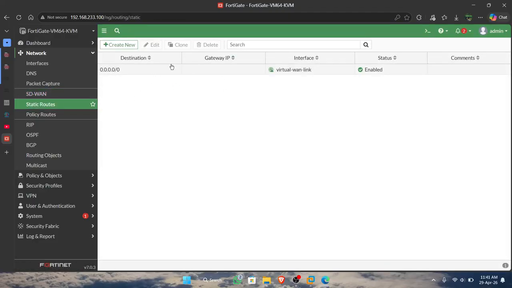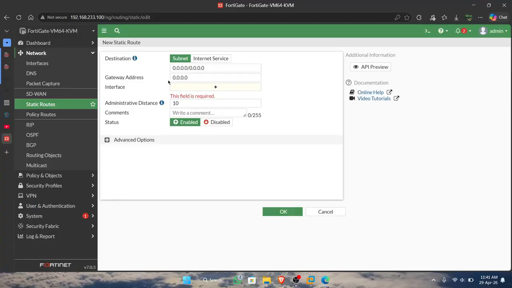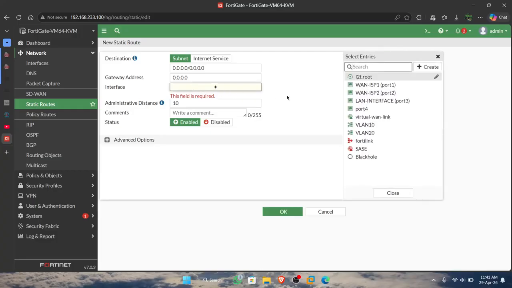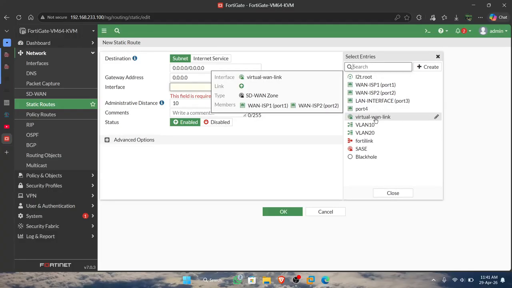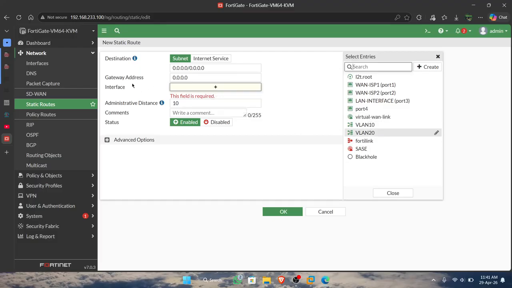Again, if we check the static route, I have configured it. If you want to configure it, you just add the interface, entering this virtual link in the interface column.